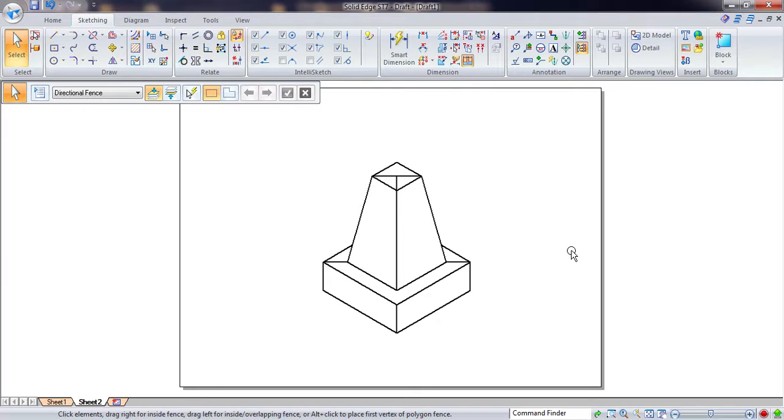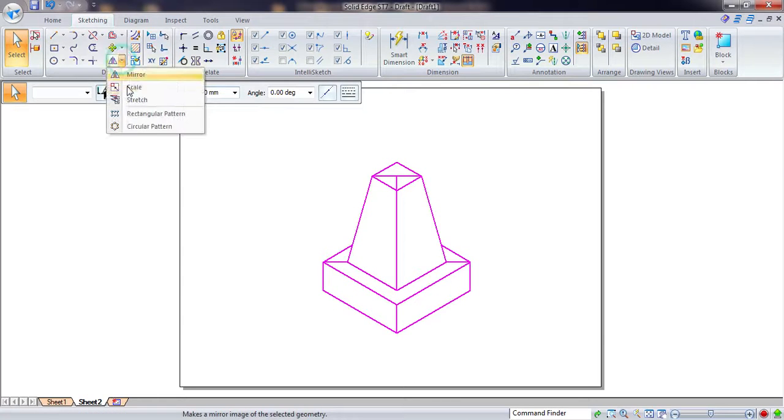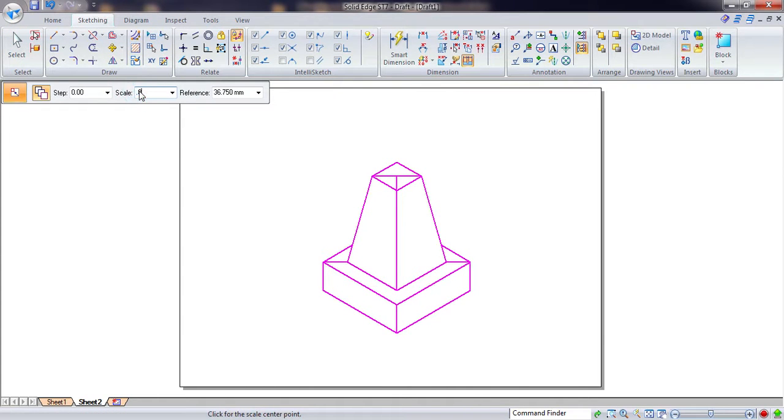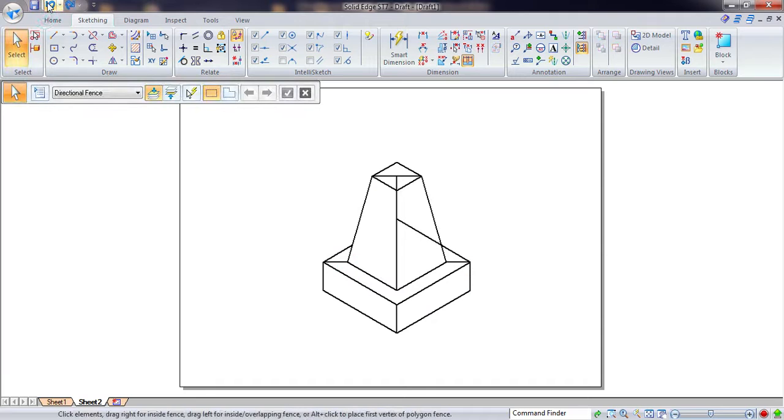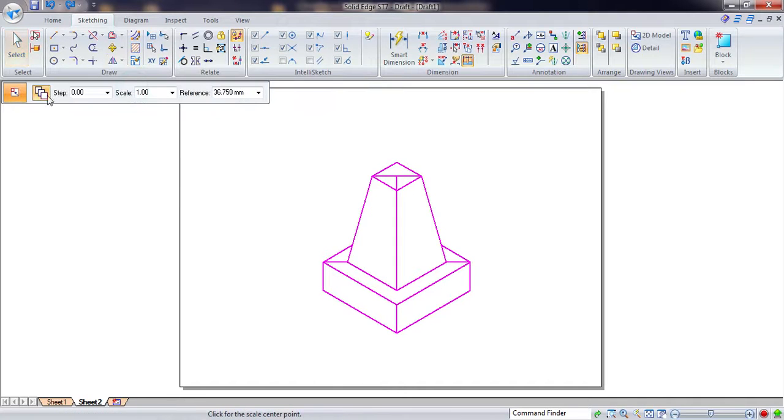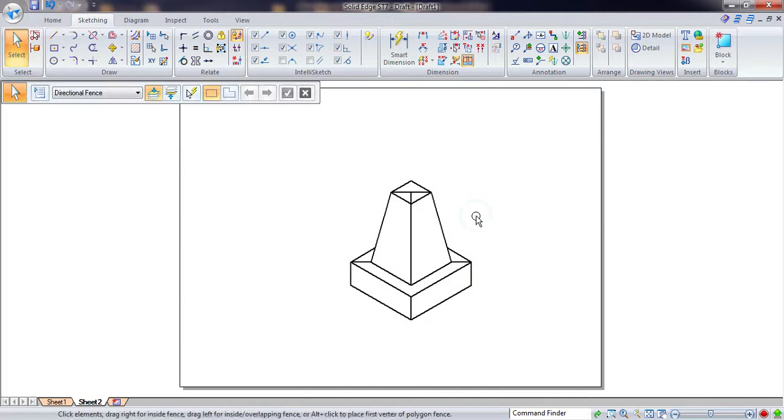Again, very important: we have not converted all these lines to isometric length. So select the whole figure and go for scale. Give the conversion factor as 0.816, press enter, then place it here. Sorry, since I have not switched off the copy option, I'm showing it once again. Select the whole diagram, go for scale, switch off the copy option, because we don't want any copy here, then convert all the lines to isometric length. So this is the complete solution for the given problem.